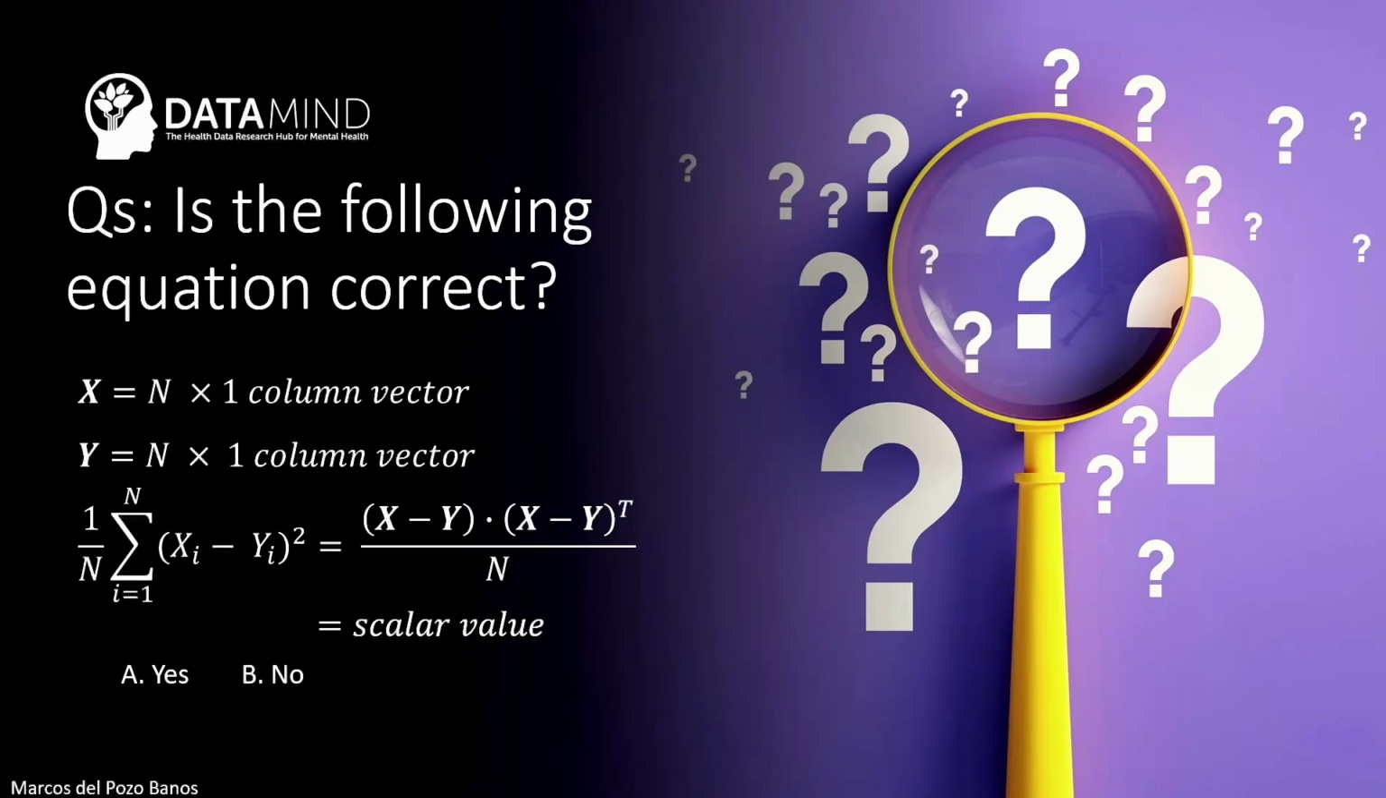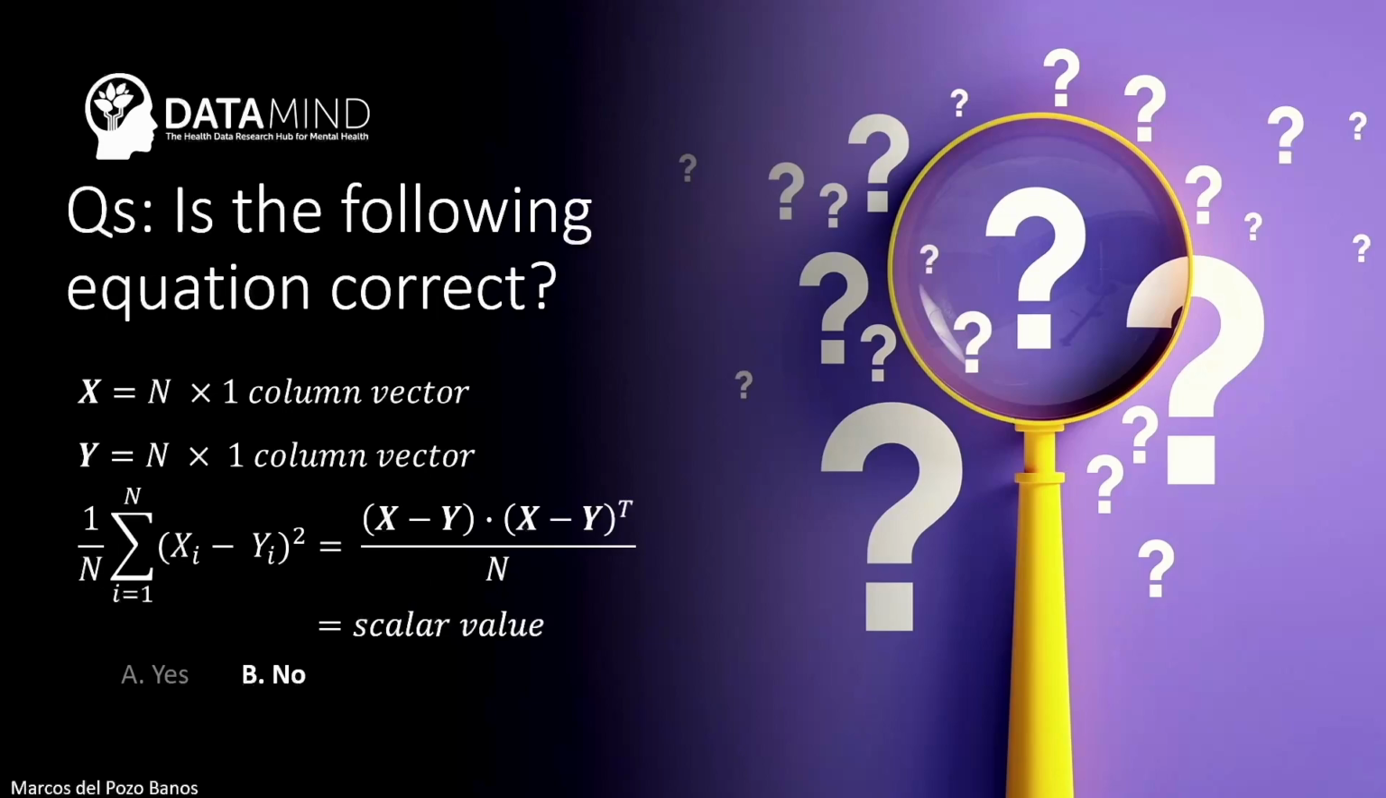So what about this now? Is this correct? The answer is no. This is not correct. The reason is that if you look at the right-hand side, at the numerator, you cannot do that dot product between those two matrices. So x minus y is a column vector of length n. You can see there's a matrix of n rows and one column. So you cannot multiply that with its own transpose. Sorry, you can multiply it, but the value that you get is